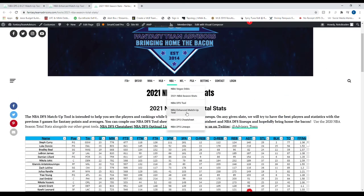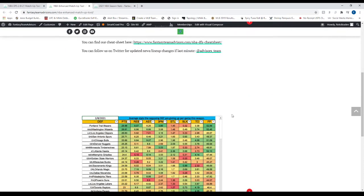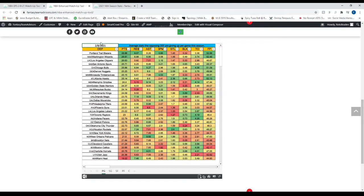Along with that, we've got our matchup tool, which these plays are based off. Then we have an enhanced matchup tool, which blew up yesterday. Huge success for Monday. You can see just coming through here, it will be updated. It's more for sports betting, but you definitely can use it for DFS or season long NBA. You can filter it however you want, but we've just filtered it